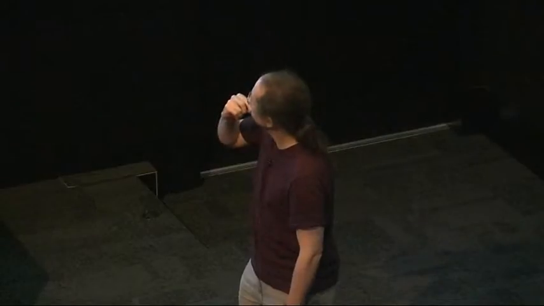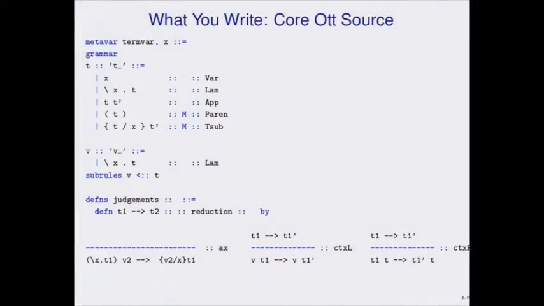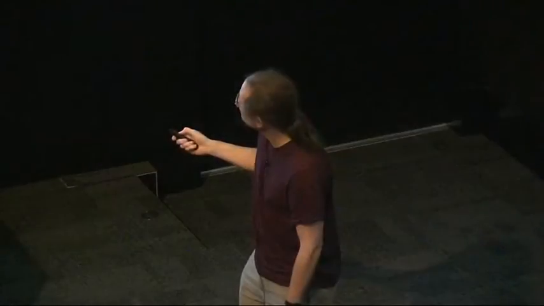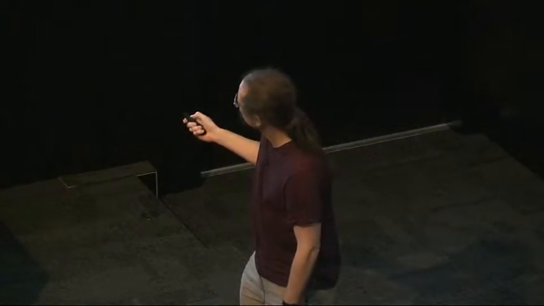So what do you say if you want to define that in Ott? If you want to write a POPL paper in which you say, I've just had this great idea of the untyped call-by-value lambda calculus, and I want to write it down as directly as possible, you write something like that. So this is an Ott source file. It's literally an Ott source file, except that really you'd have to put these on different lines.